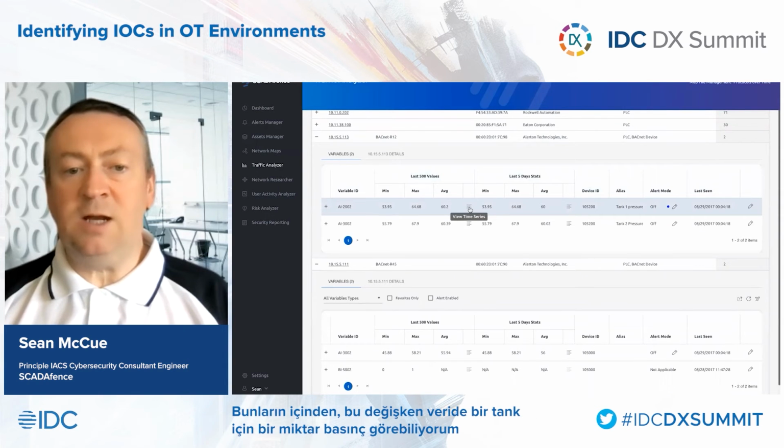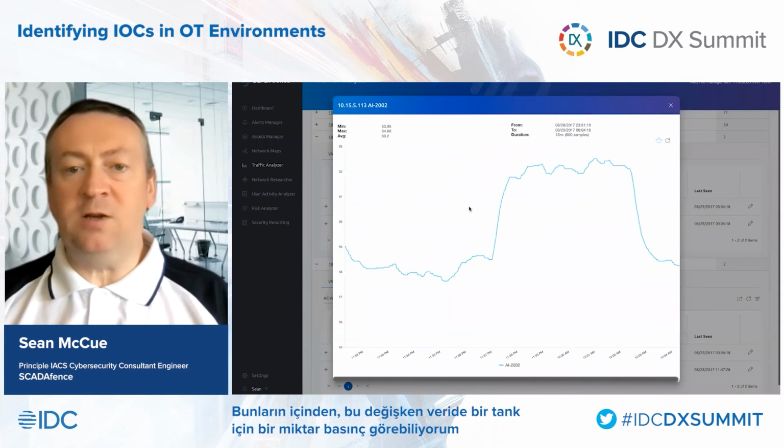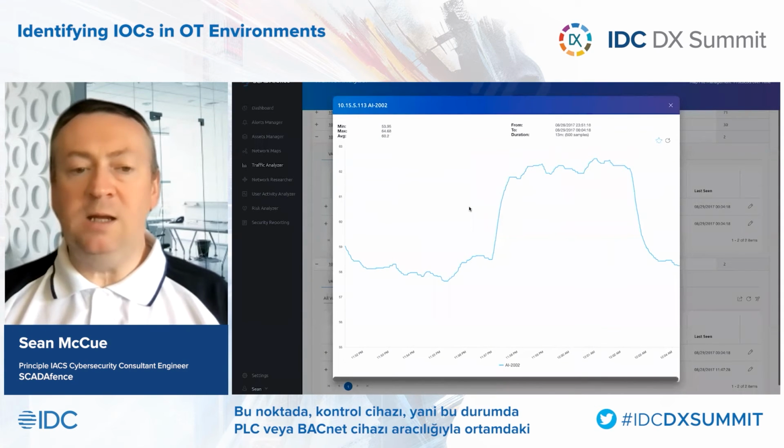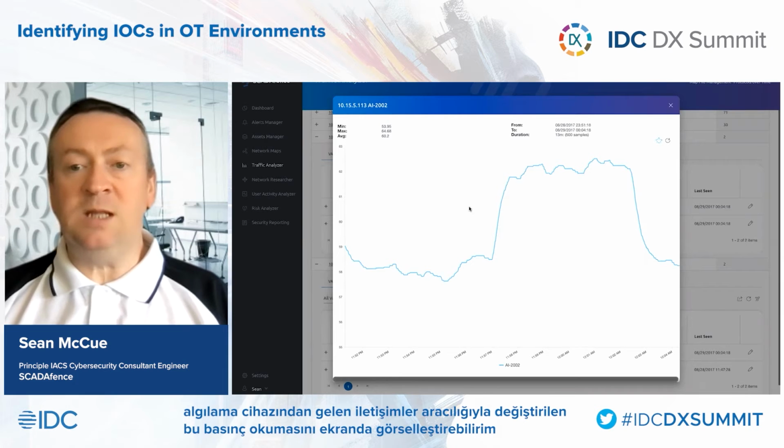And within these, I can see, in this particular case, variable data with reference to some pressure for a tank, so a fluid pressure. And at this point, I can visualize on the screen this pressure reading that's being exchanged through the communications from the sensing device within the environment